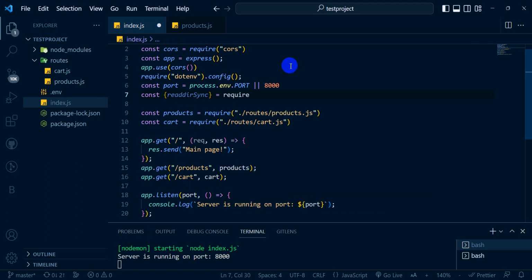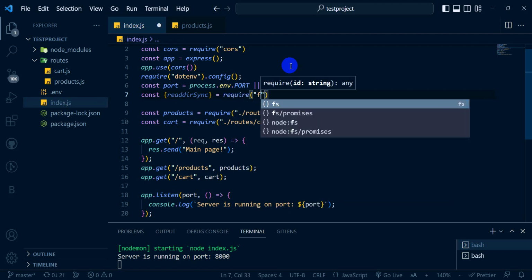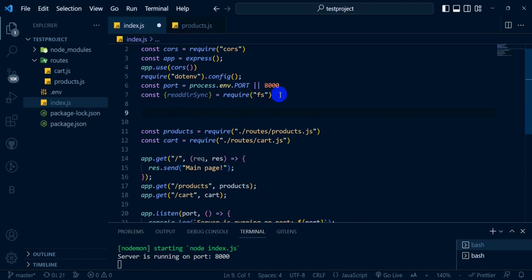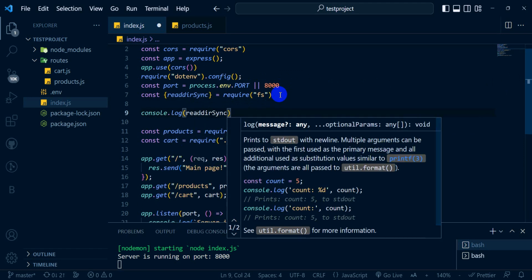It will require the node file system, the root file system, it will require from there, and that will pop up as a function. Okay, so now if we make a console.log of readdirSync,